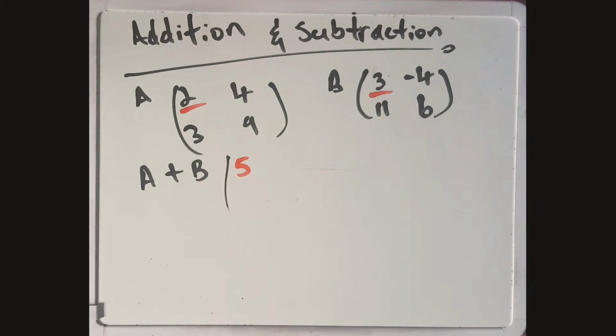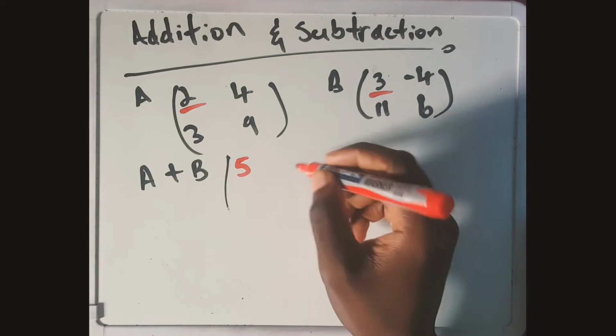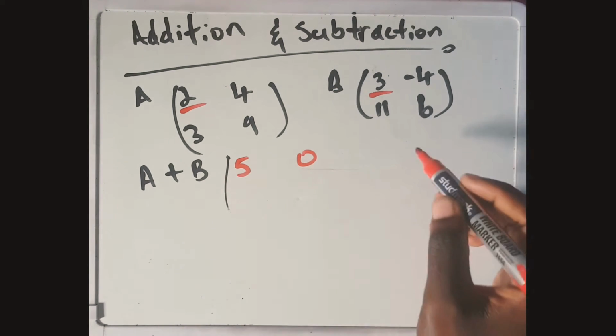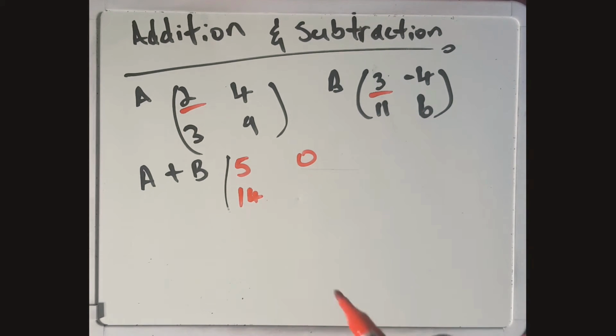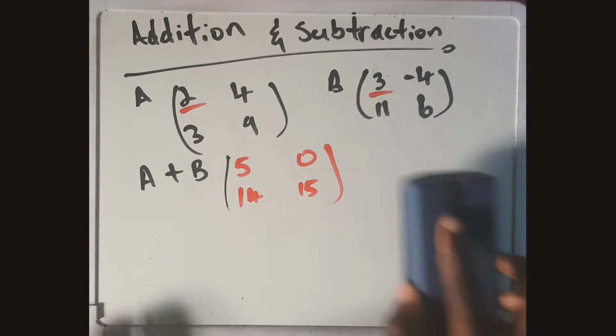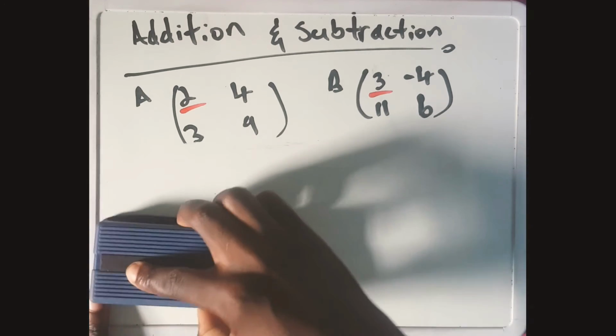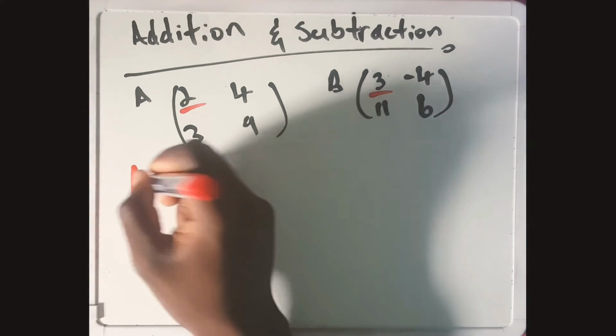2 plus 3 would give me a 5. 4 plus minus 4 would give me 0. 3 plus 11 would give me 14. And 9 plus 6, 15. Right? Now say I use the same matrices and I was supposed to subtract, and